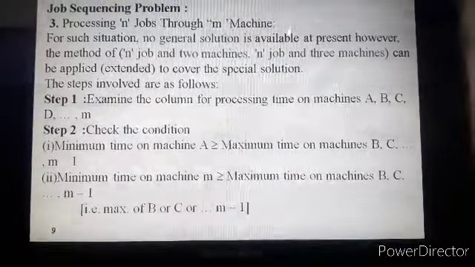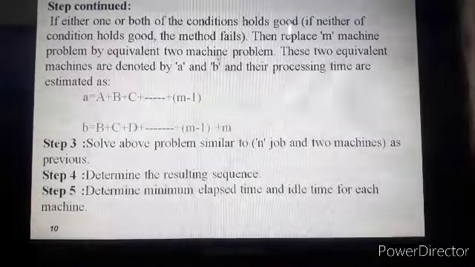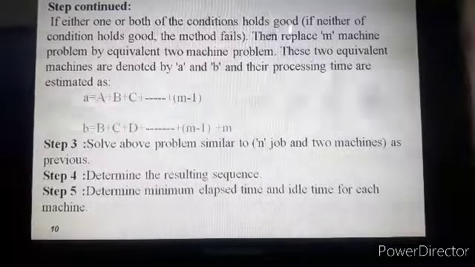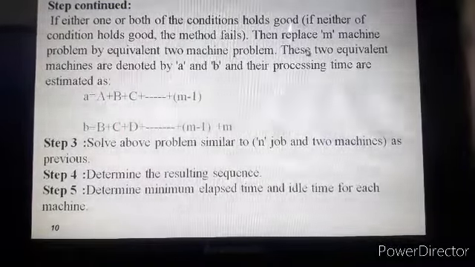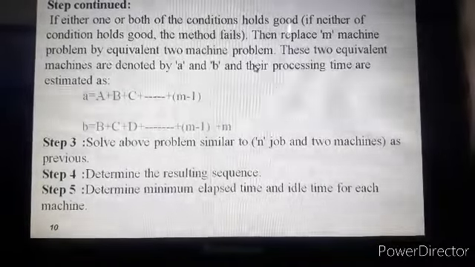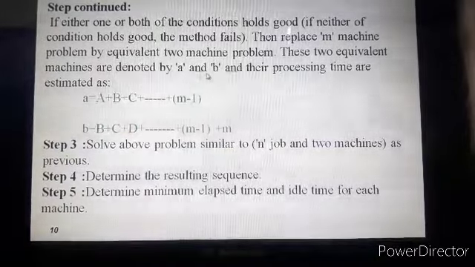So, let us consider the next step. If the condition is satisfied, that is, if either one or both of the conditions hold good, then replace the m machine problem by an equivalent 2 machine problem, and these two equivalent machines are denoted by small a and small b.